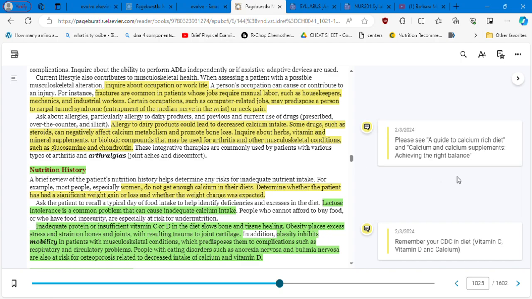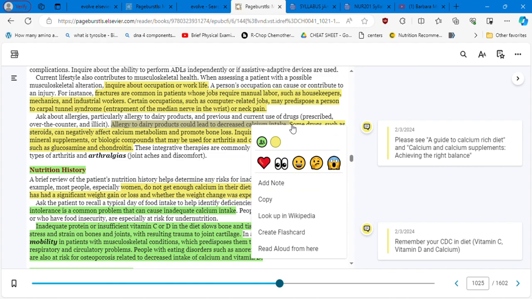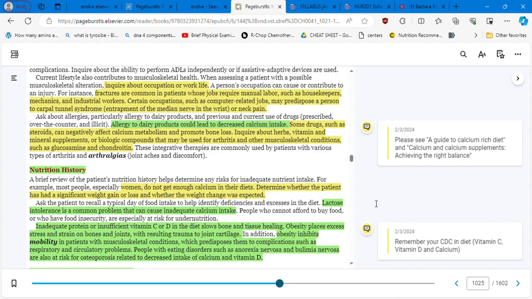I gave you a guide to a calcium-rich diet in the supplemental file. You can go over this and see other types of food, vegetables that you can get instead of getting calcium supplements, right? Or maybe if you have an allergy to dairy products, you can supplement yourself with these nutrients, fruits and vegetables, okay, or maybe certain proteins that are high in calcium.